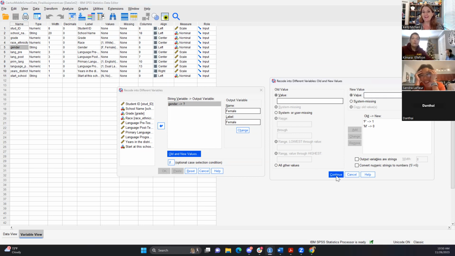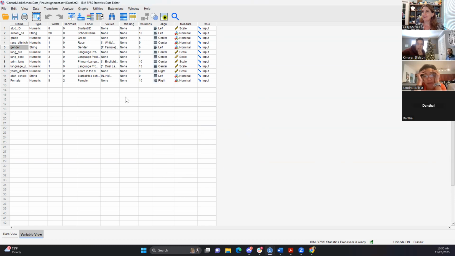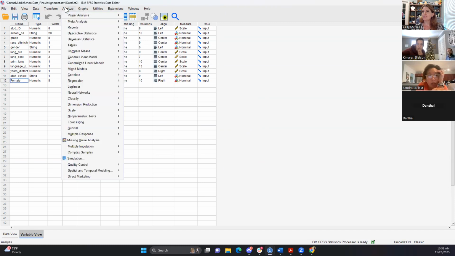Try it. I'm just experimenting. I have the numbers, so I could tell you what the frequency is. We're supposed to have 409 girls and 439 boys. So we could always see what happens. All right, so now we have a variable that's called female. So now go up to, what do you call it, frequency or descriptive. Yeah, you could do that.